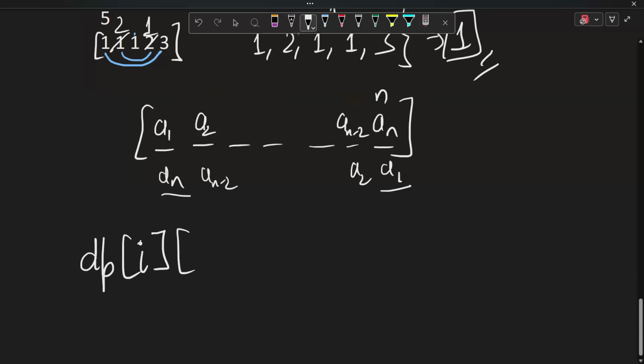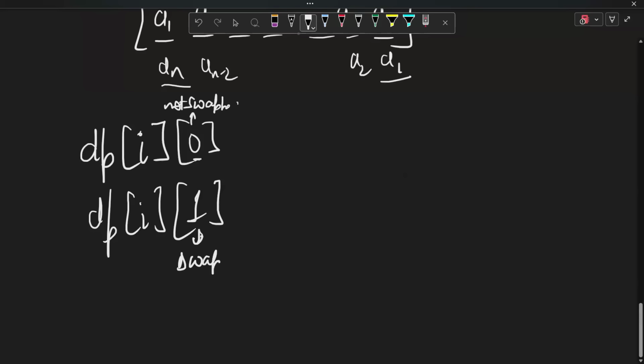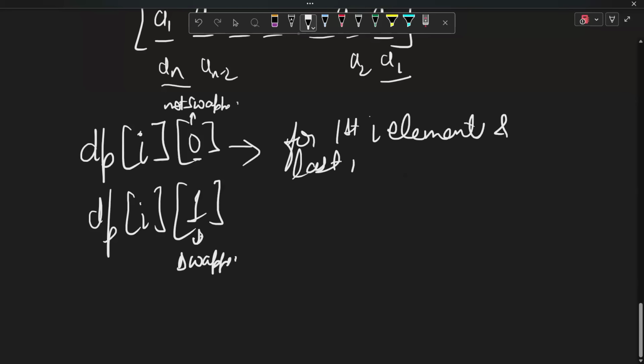And for the ith value, either we would have a 0 or a 1. So we would have a Boolean value, 0 or 1. 0 represents that the ith value is, let's say, not swapped. 1 represents that the ith value is swapped. So for the first i elements and last i elements,